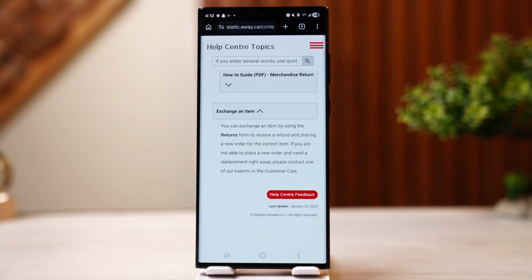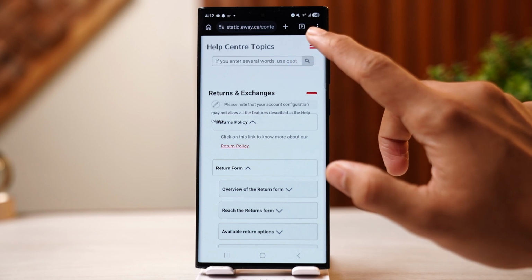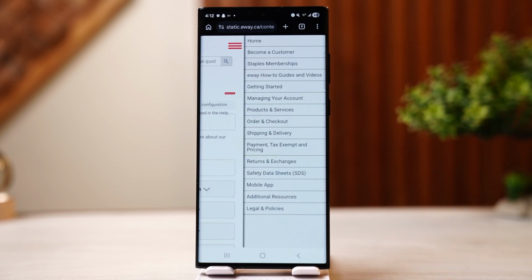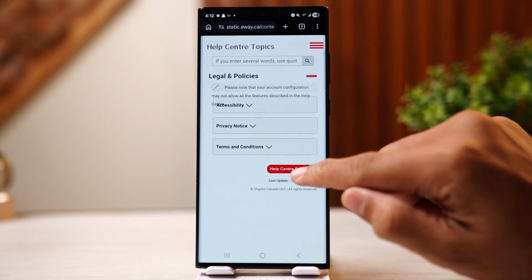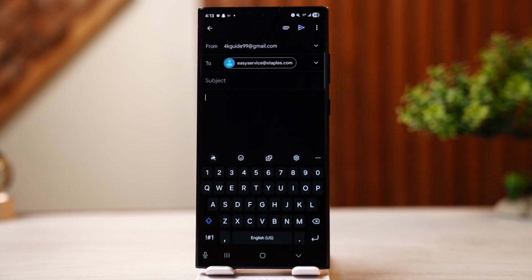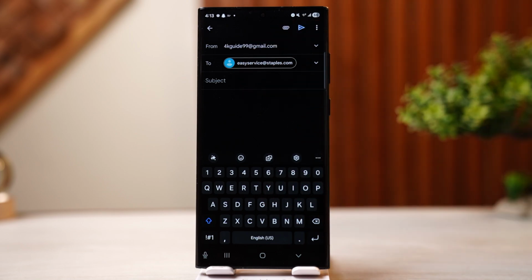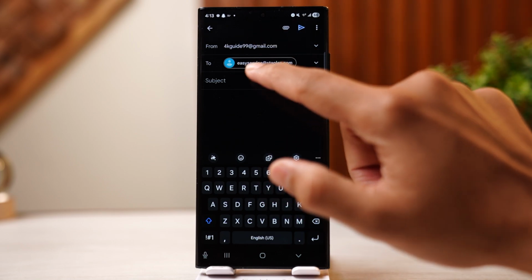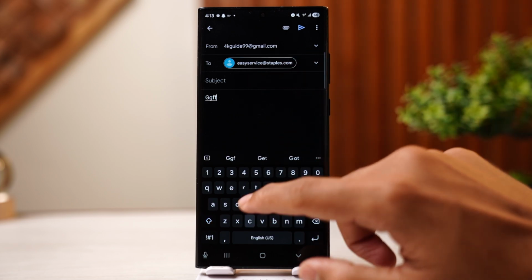However, if you just want to contact the support team, you can simply tap on these three bars over here and simply tap on legal and policies, and you want to scroll down and tap on help center feedback. After that, here you'll see the official email of the Eway application, and here you want to type out all your problem and make